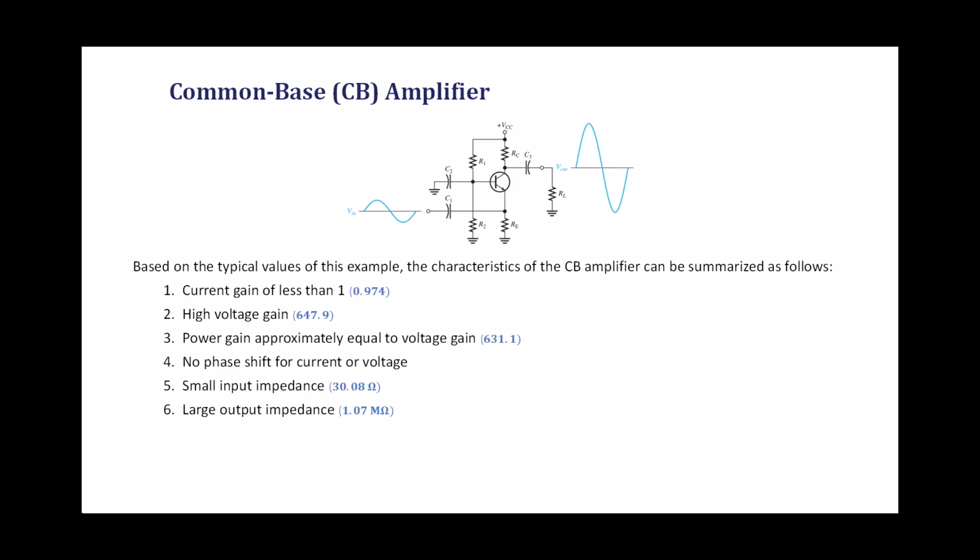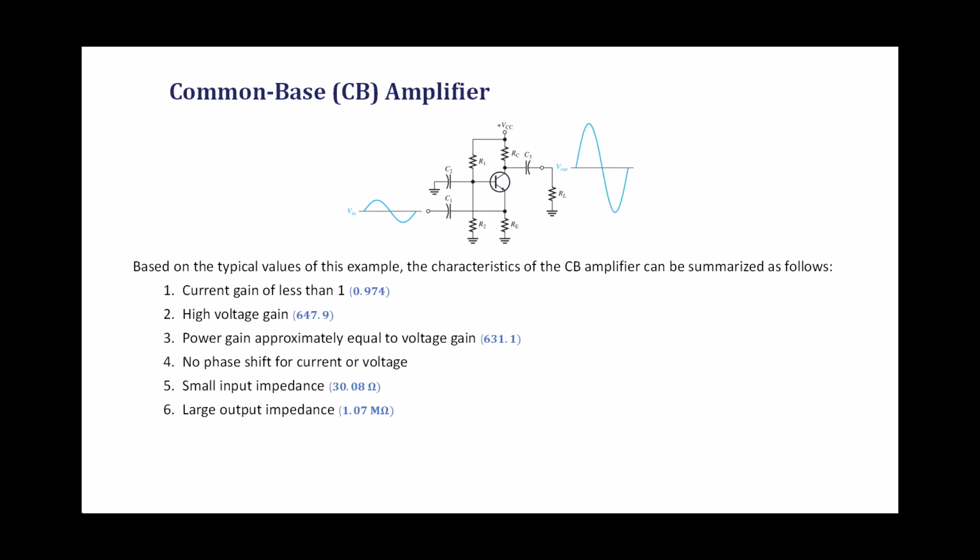Let's bring it all together. Based on the typical values we used in this example, we can summarize the characteristics of the common base amplifier as follows. First, the current gain is less than 1. We calculated 0.974. So this configuration does not amplify current. Second, the voltage gain is high,